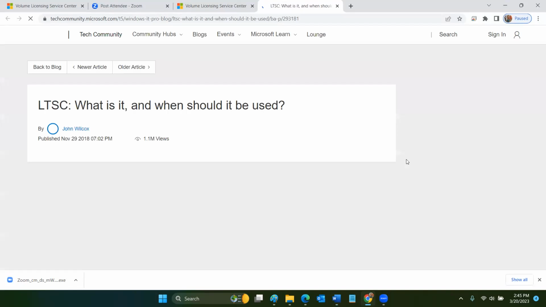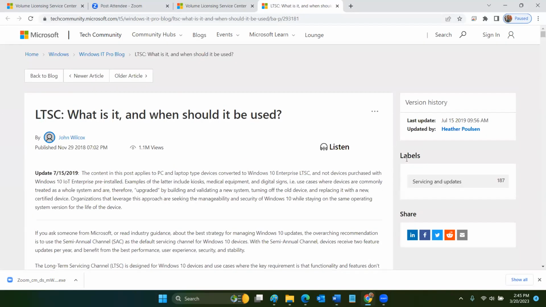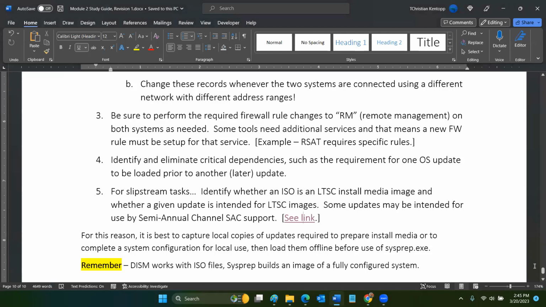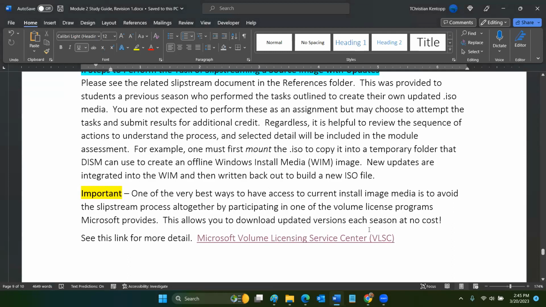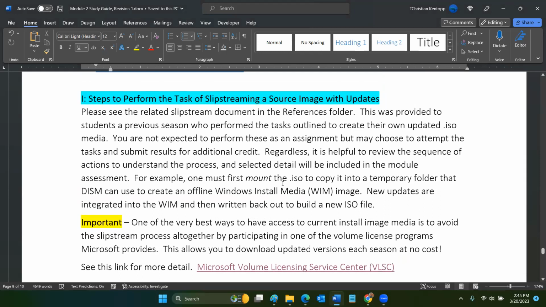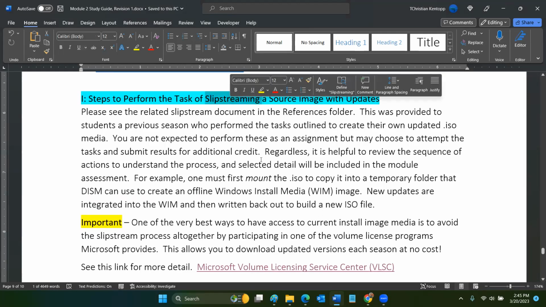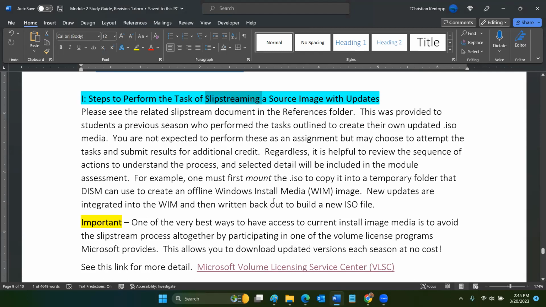Okay. So one of the things that we have been talking about today is this notion that Microsoft will have new versions of the operating system available to their volume licensed customers before others in the general public. And if you're working in a smaller environment and you need to rebuild systems and you want to include the updates, you can do the slipstreaming manually, right? So